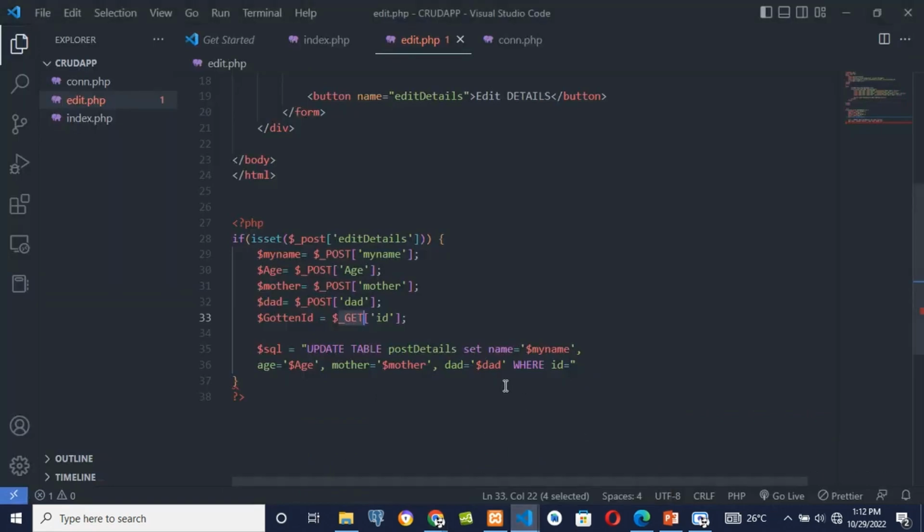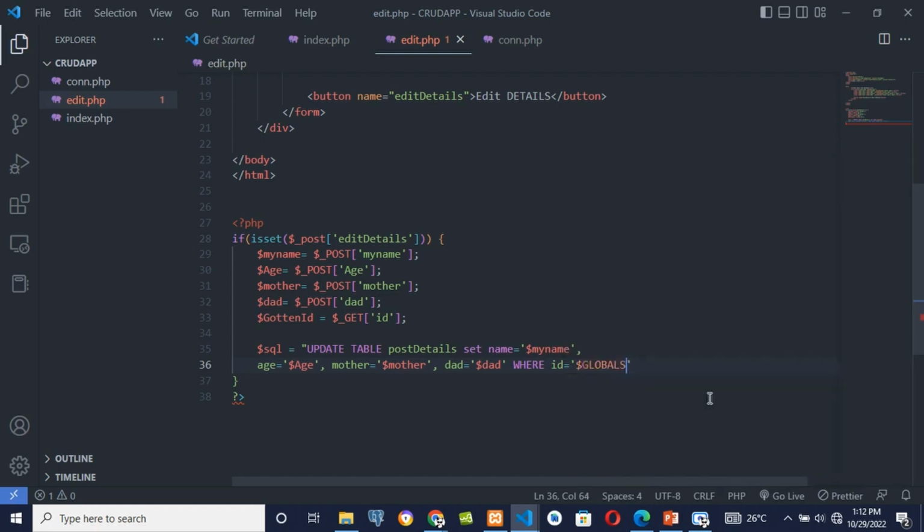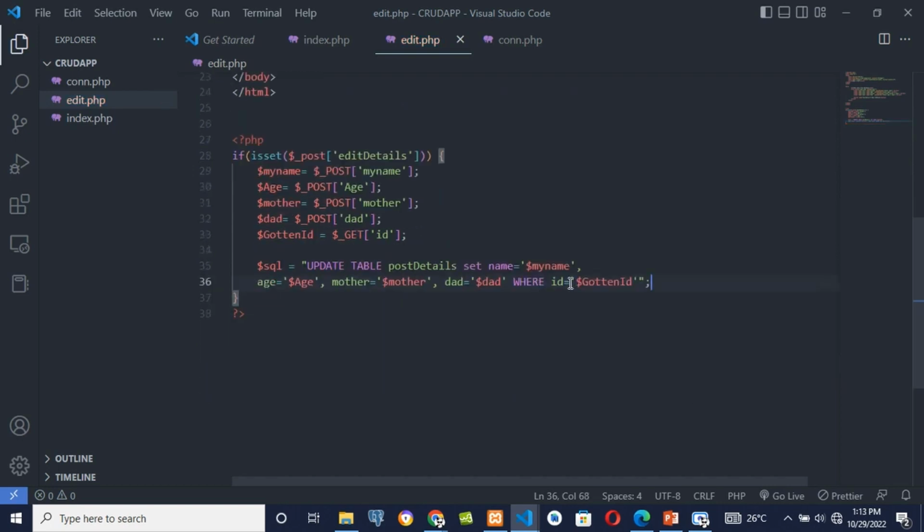So you need to use the GET. So where id equals to $gotten id. Right, so kushaweka hivyo funga,